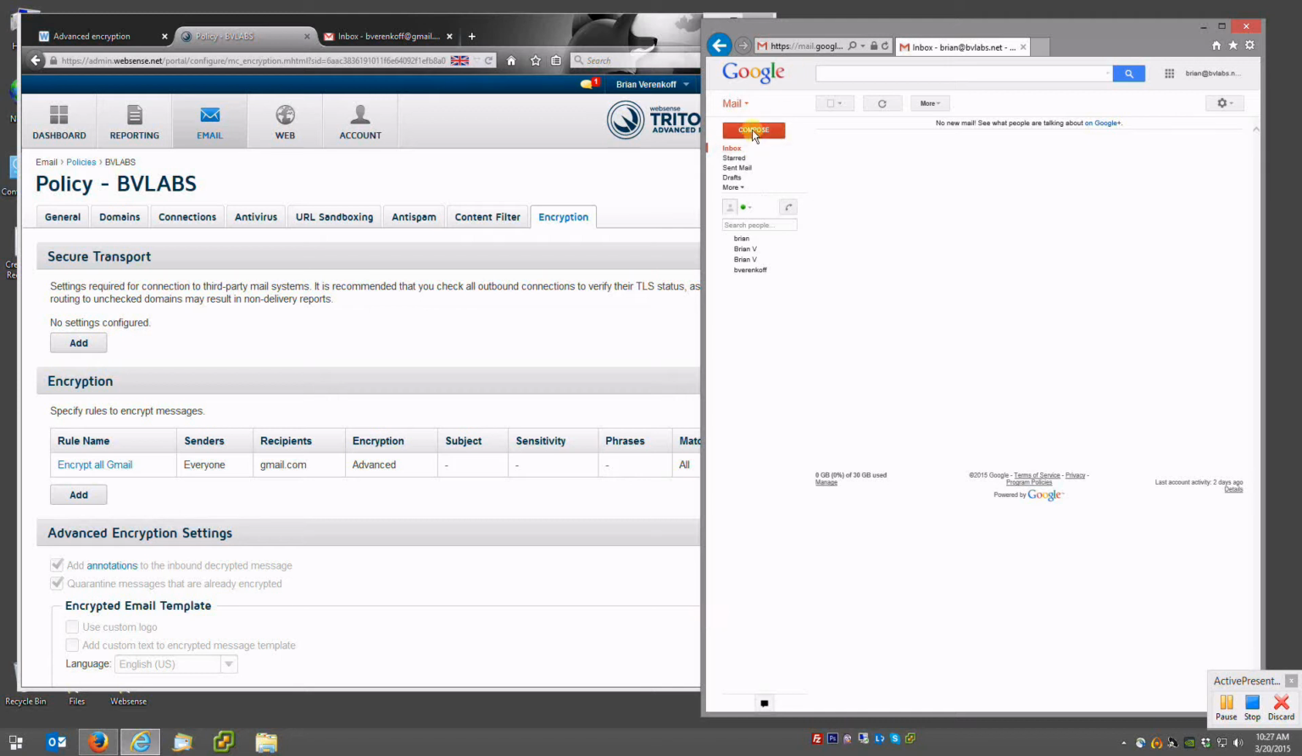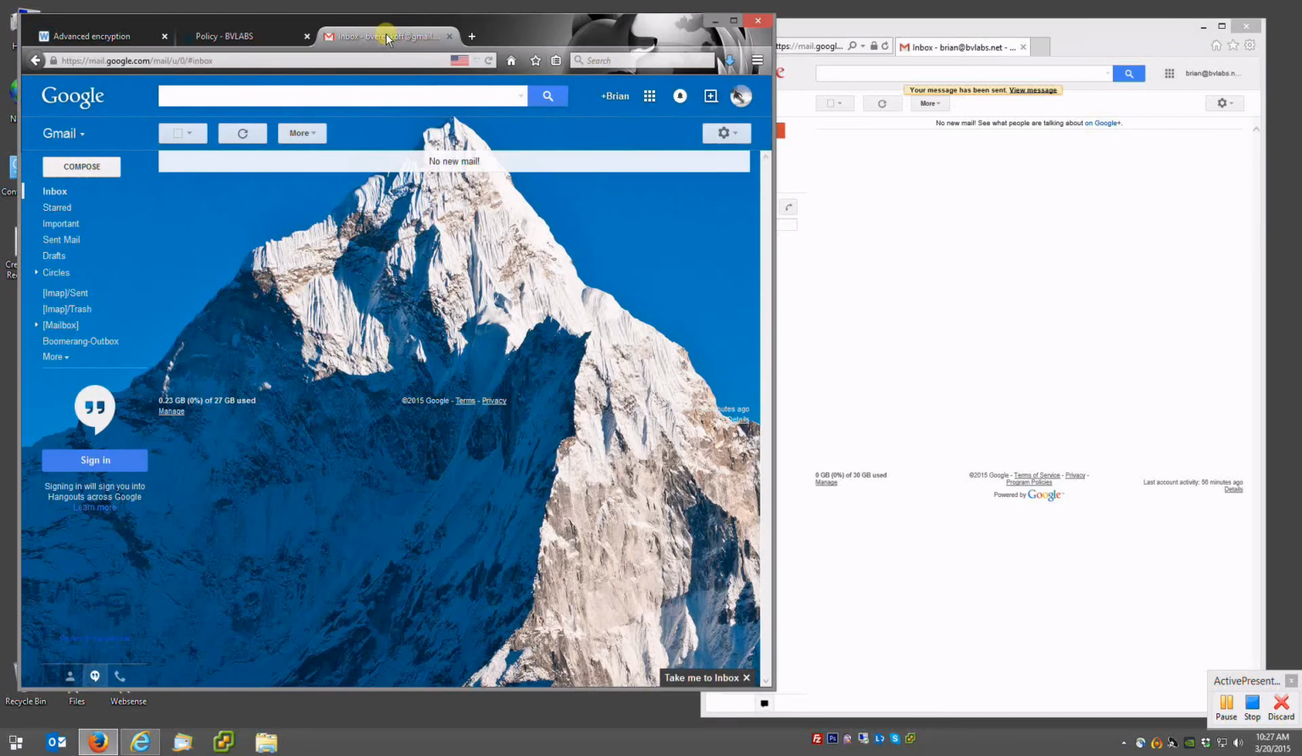So what I'm going to do now is compose a new email, and I'm going to send it from this BB Labs account to my personal Gmail account, and I'm just going to make a very basic message. And because this is a rule for everything going to a Gmail, it'll just encrypt automatically. So I'll switch over now to my personal Gmail, and we'll press refresh,